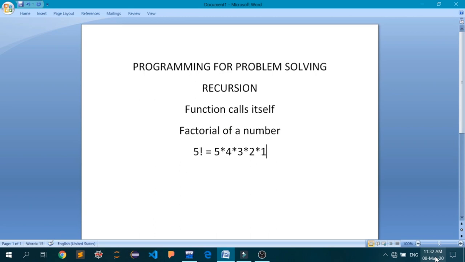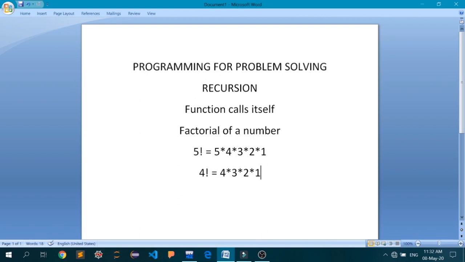And if I want the factorial of 4, it means 4 multiplied by 3 multiplied by 2 multiplied by 1. It's a very basic concept of mathematics.